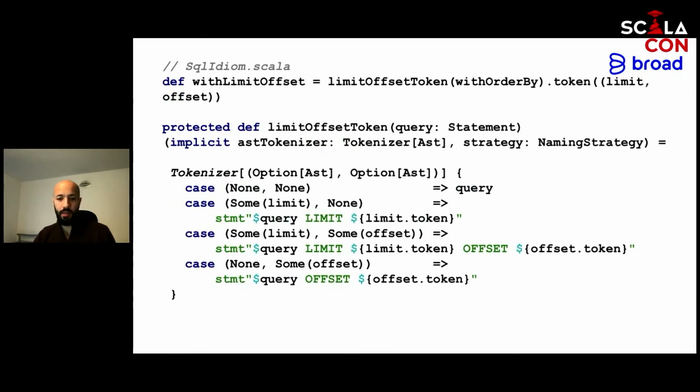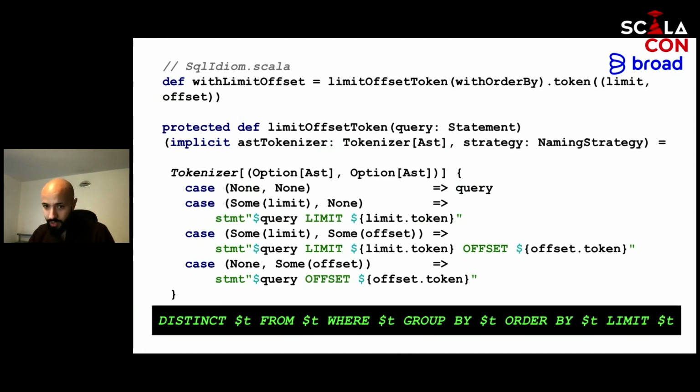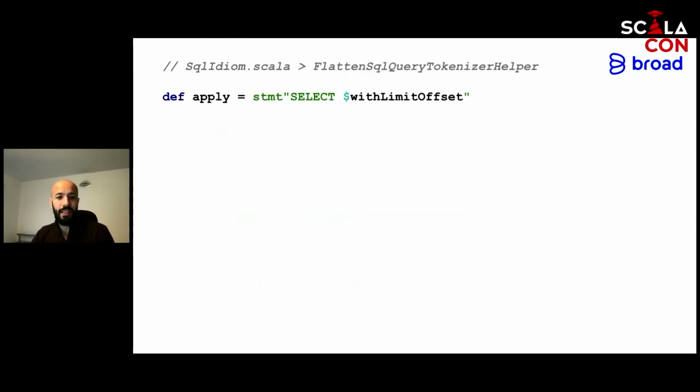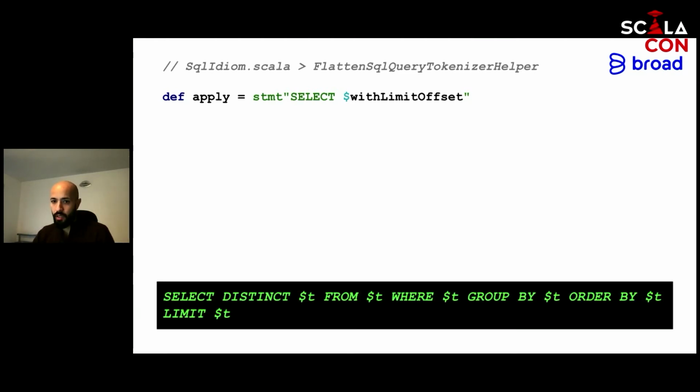And then you have the limits that will be present as well. And then we generate this code here: distinct from where, group by, order by, limit. And then we add the select at the end because it's the easiest one, right? So this with limit offset is everything we had before. We just add that to this string, to this statement right here, generating this. This is a very simplified